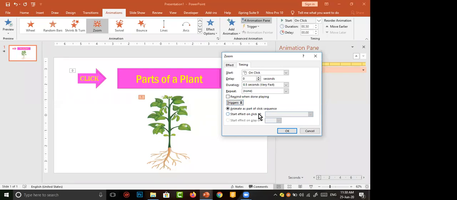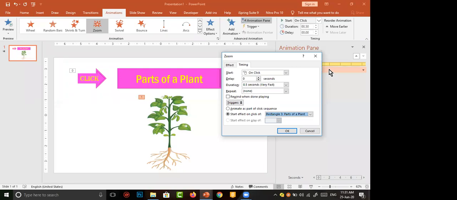Start effect on click of something. If you enable Start Effect on Click Of, we get some options there. If you click on the down arrow, it shows what things are present in our slide. There is Rectangle 1, the click Rectangle 2, and the picture is 3. Now we are giving a disappearing animation.